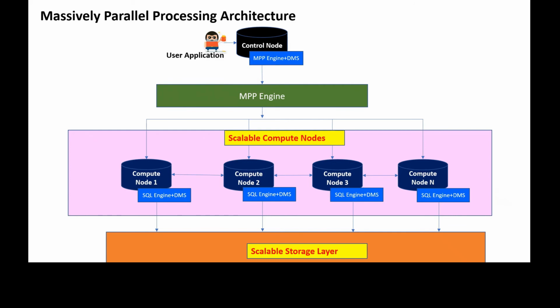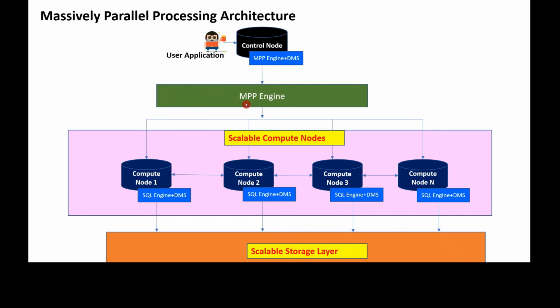When the user code is received, the MPP will start splitting the task into multiple smaller, distributed parallel processing tasks. It will create the plan for the user query. Let's say we are working on a big data application, which means the query has to process millions of records. The MPP engine, that is the brain of the system, will start creating a plan and splitting the task into multiple smaller tasks. Once the task is split, it can be run in parallel execution.